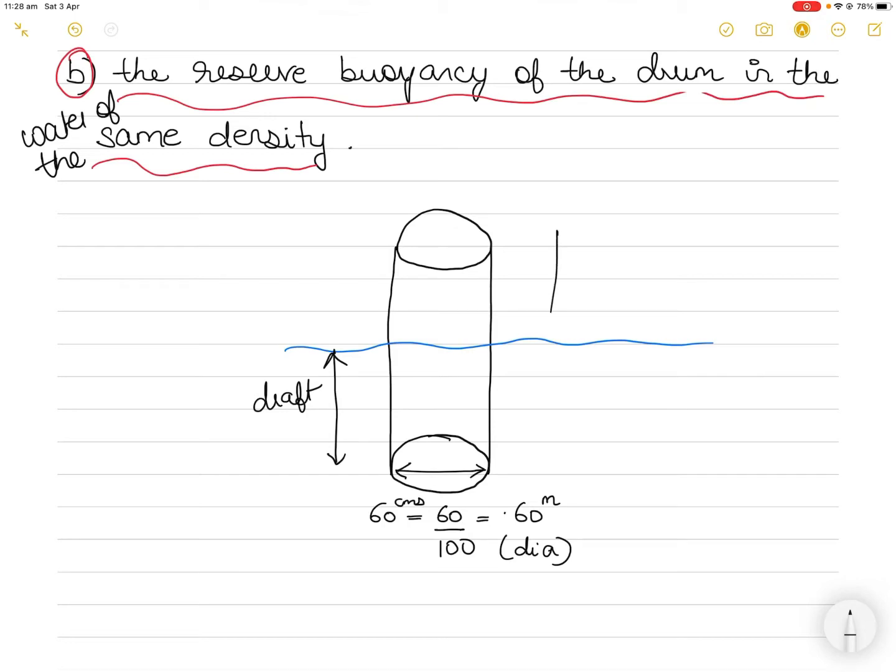Then of course we have the length of the cylinder, which is equal to 1.5 meters. So I'm keeping the lengths in meters; that is what I'm trying to do here. It is floating with its axis perpendicular, because this is the axis. The axis is perpendicular to the water line, at a 90-degree angle. So this is what is generally happening.